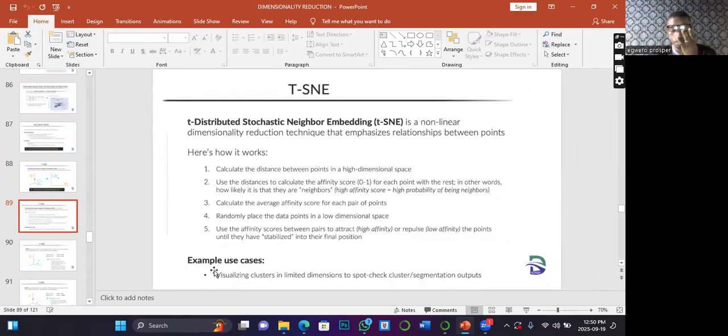So let's look at the example of the use cases. To what benefits will you apply this technique? When you want to visualize your clusters in limited dimensions to spot check cluster segmentation output. So even the entire technique, both the PCA and the t-SNE, are both to enable us to know how many clusters we can cluster our data into. So now let's look at the